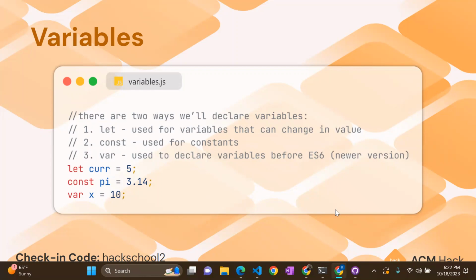And var is just used to declare variables. This thing, ES6, is the newer version. Before, you could just literally do anything. It was var, but now the preference is let or const. Any questions on the 3 ways you can declare variables? You'll see more examples, but